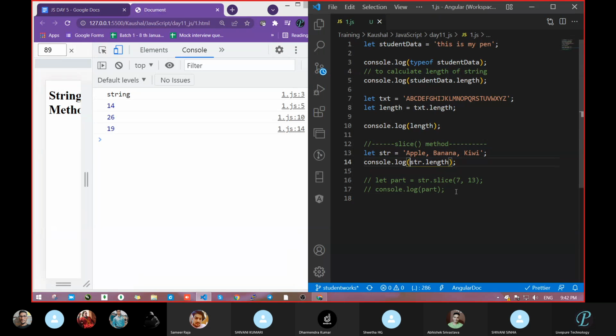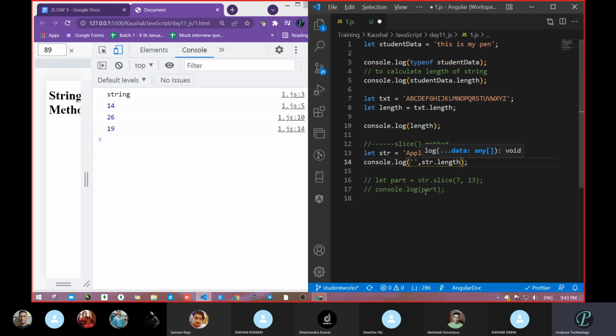Correct. And see one thing: if you have to print so many lengths, now 14, 26, 19, I don't know which one is from which one. Whose length is which one? So write something as a string there, so you can easily get that this length is for that one. We can write like that with an arithmetic symbol also, or in another way. Just put a single quote or double quote, and pass one comma.